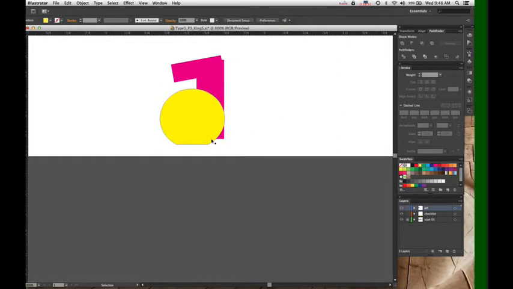That just subtracts that area from the top shape. I'm going to do the same thing again to make the counter of this funky geometric A. So let's say my geometric A has a diamond-shaped counter.